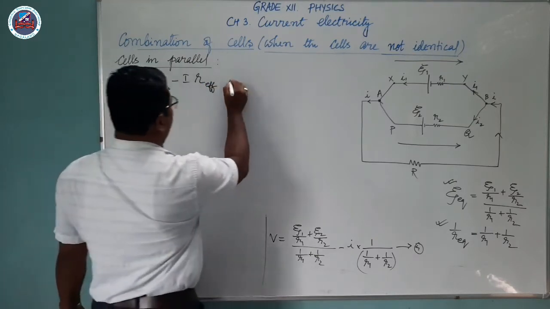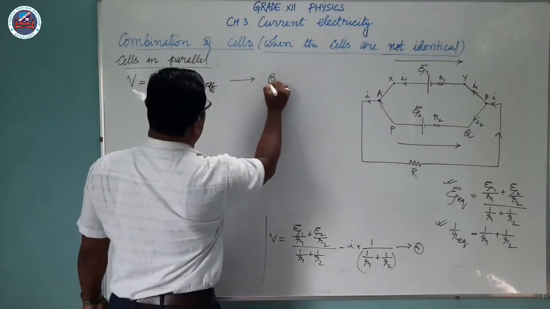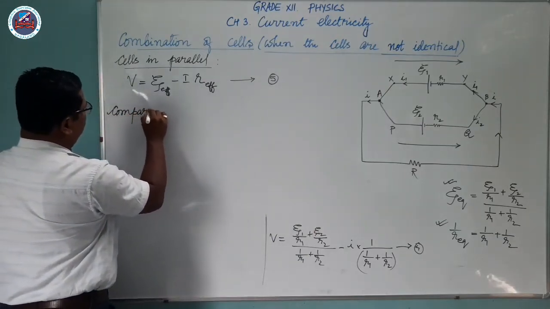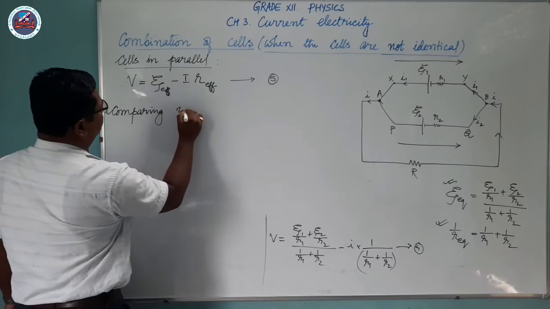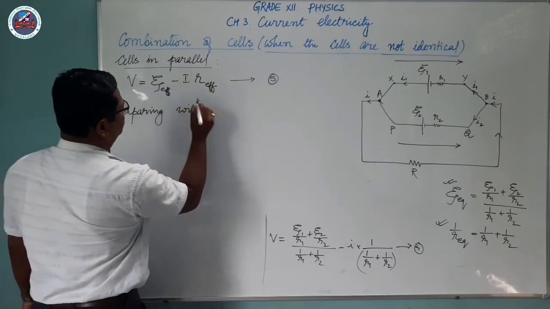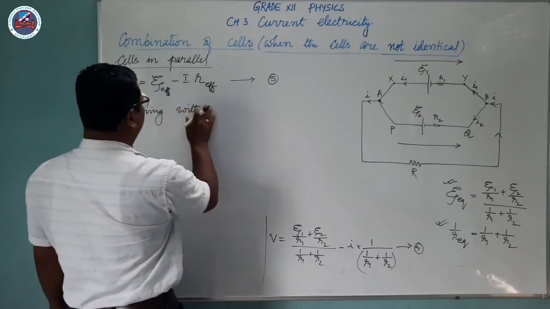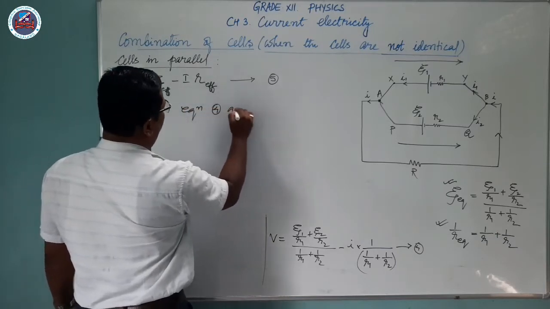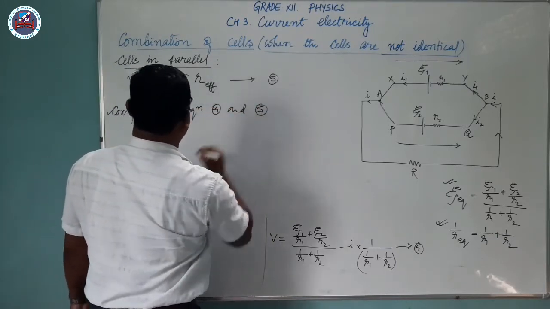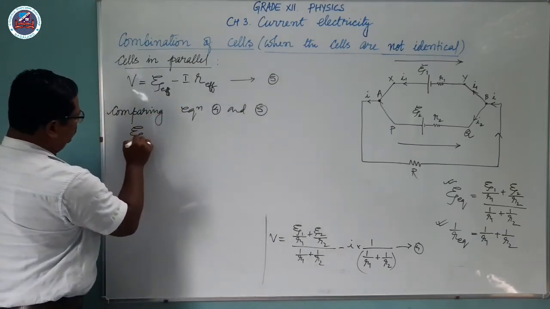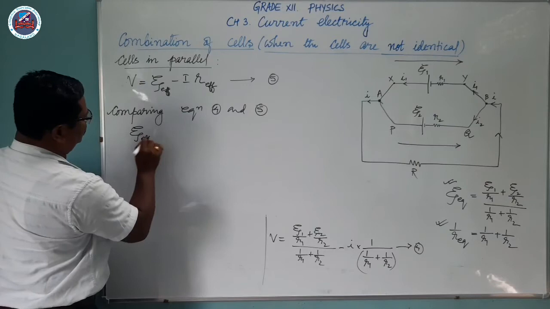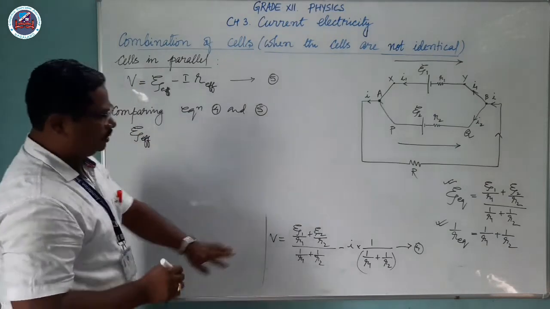If you make it as equation number 5, comparing equation 4 and 5, what you will get is the effective EMF, the resultant EMF, is equal to